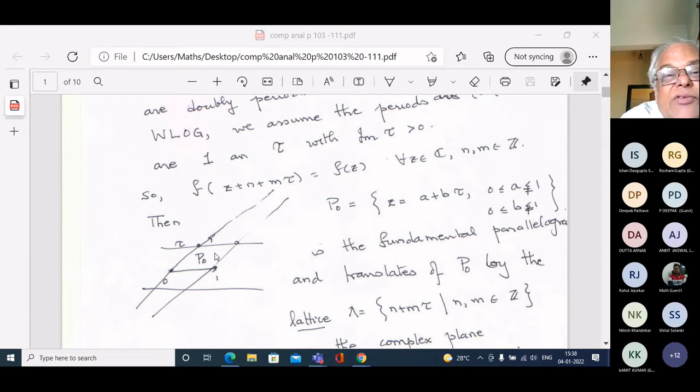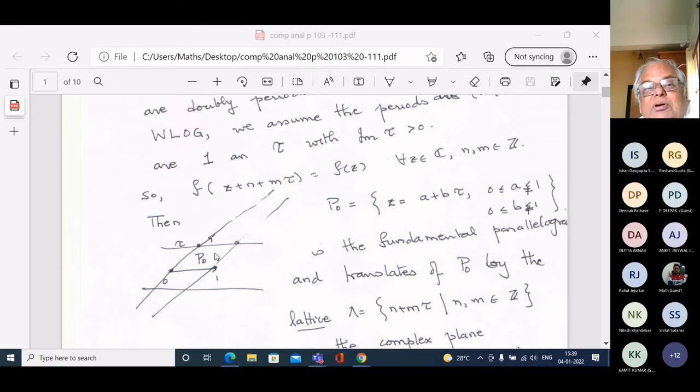So this I'm going to spend a little bit of time later on thinking about. You see, the periods are 1 and τ, where the imaginary part of τ is greater than 0. Okay, and I'm going to fix this τ. So the periods are 1 and τ. Later on we are going to worry about what is the dependence on τ, so as τ changes, what happens? But that comes at a later stage. That will be towards the end if I reach there today. I may not reach there today.